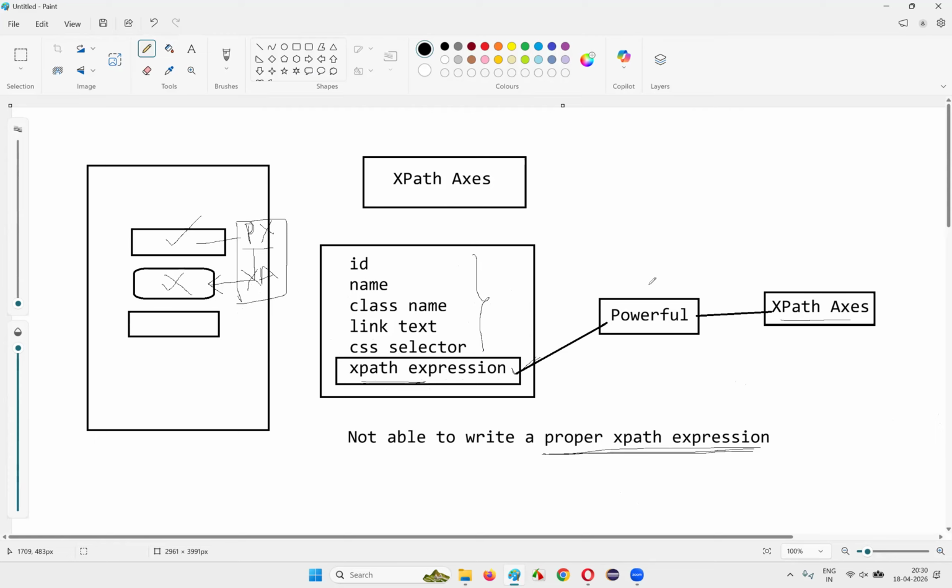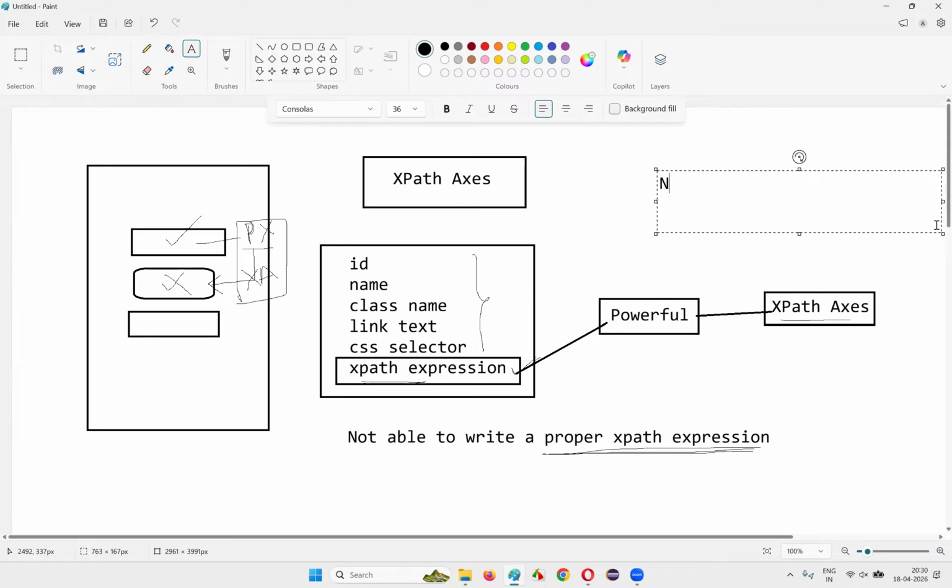We just got started in this session. A lot of things I need to explain regarding the XPath axis. So in the next session, I'm going to cover them, okay? In this session, I only covered the theoretical part, right? If you understood this concept, in the next session I am going to cover different types of